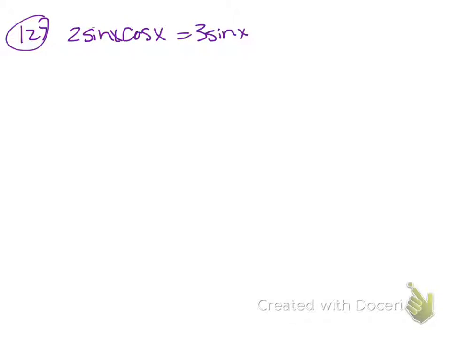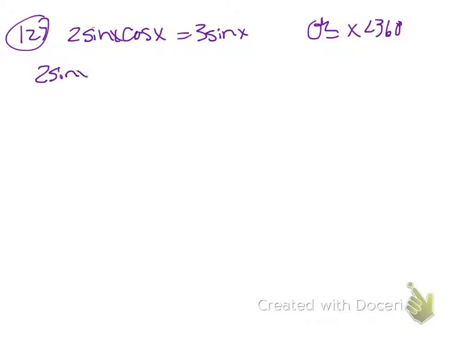Okay, so I had a couple of questions for the Trig semester review on questions 127 and 128. For question 127, it says that we have 2 sine of x cosine of x is equal to 3 sine of x. And we're supposed to solve each equation for all values between 0 less than or equal to x less than 360 degrees. So for this one, if I pull everything to one side,